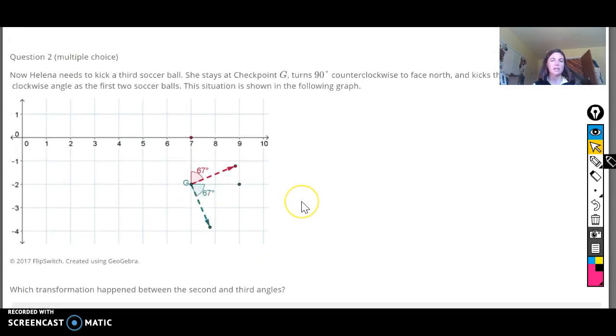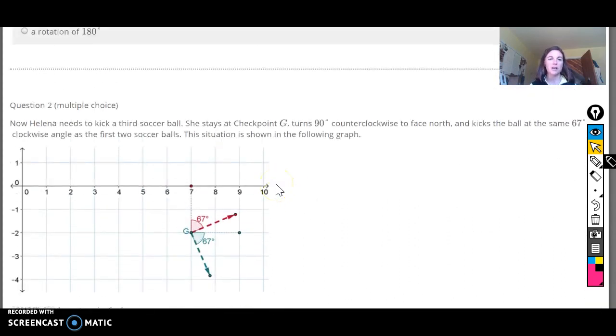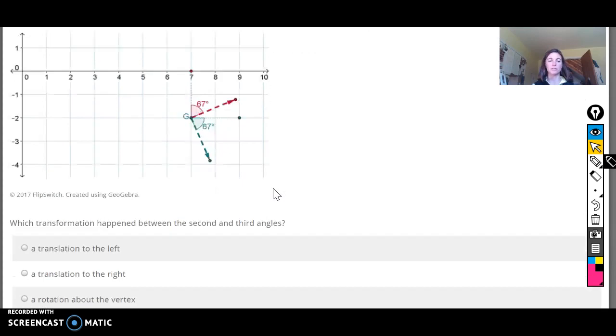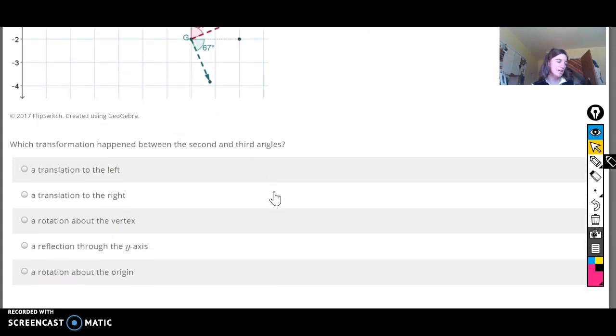Next question. Now Helena needs to kick a third soccer ball. She stays at checkpoint G and turns 90 degrees counterclockwise to face north and kicks the ball at the same 67-degree angle clockwise, the same as the first 2 soccer balls. So what situation is going on here? She's kicking this ball at the same angle, and the vertex is staying the same. She just rotated it 90 degrees. So a 90-degree rotation to the north is,